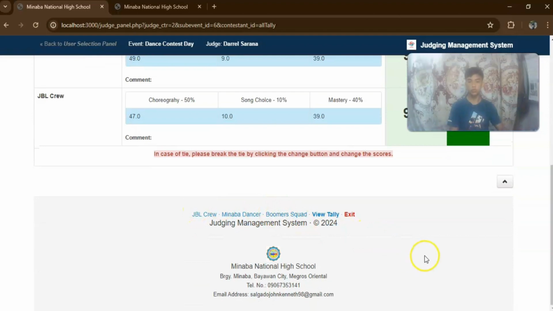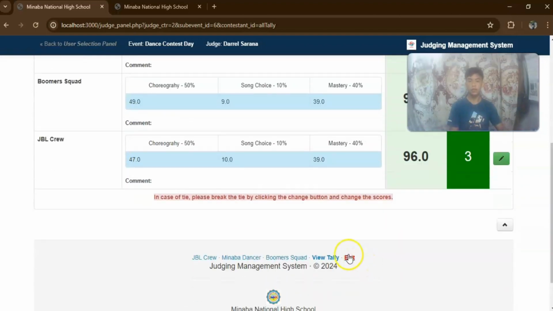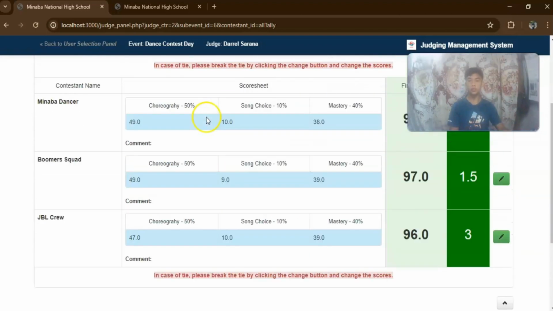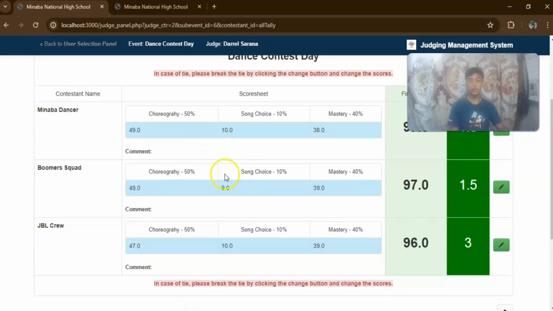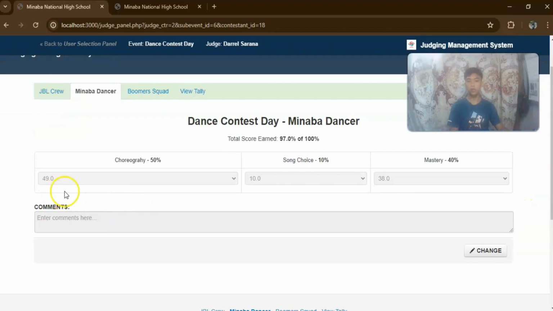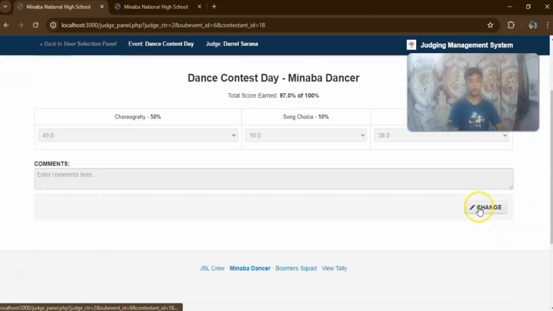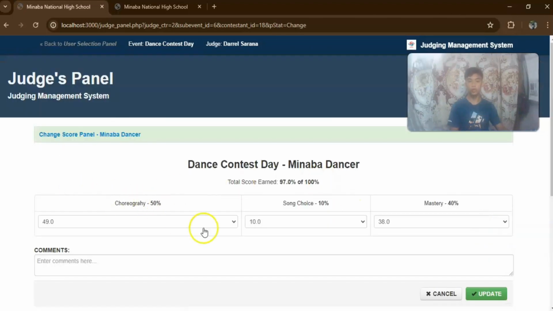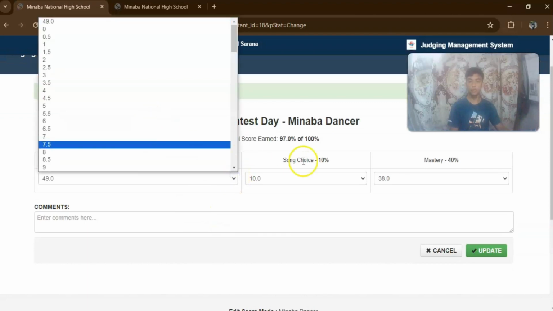By the way, they can also edit their scores by tapping this change button.